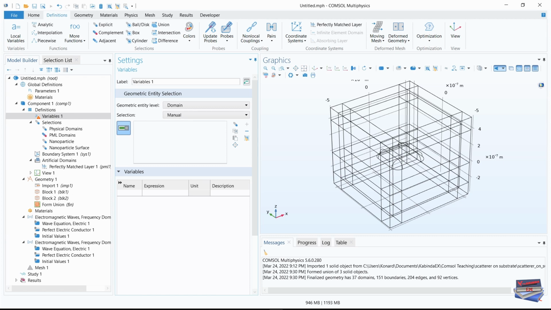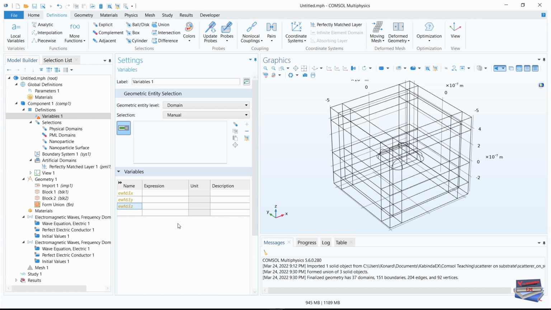Okay, and from this table, let's input these values. So this should make our expression 0. Okay, and